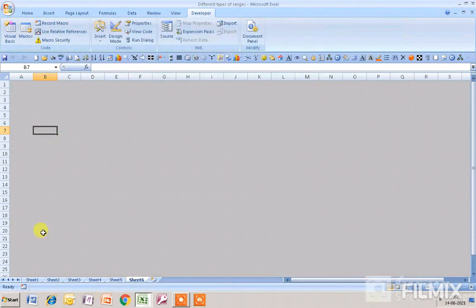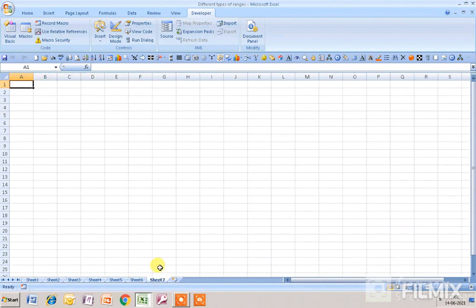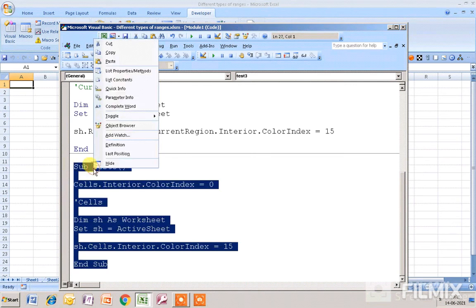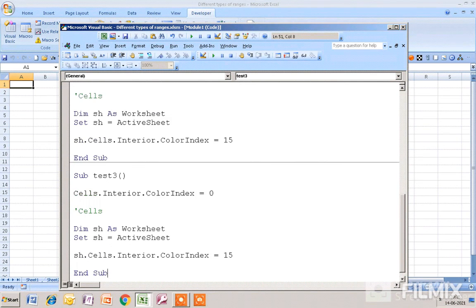And at last I will show you what is the use of selection. Okay, what is the use of selection? To use selection, I will take a new worksheet, that is sheet 7, and I will go to the Visual Basic and copy the code from here and paste it over here.